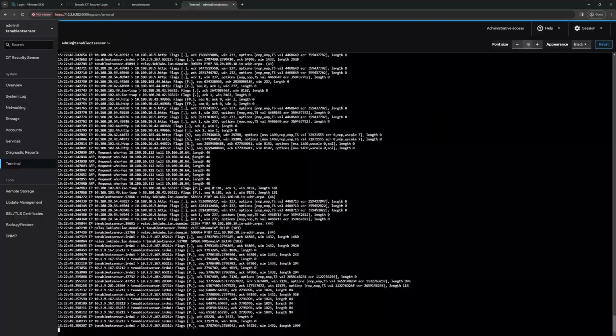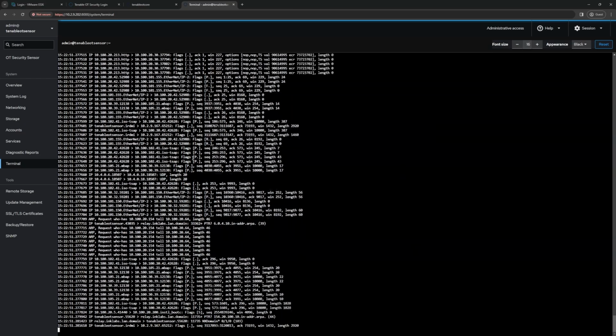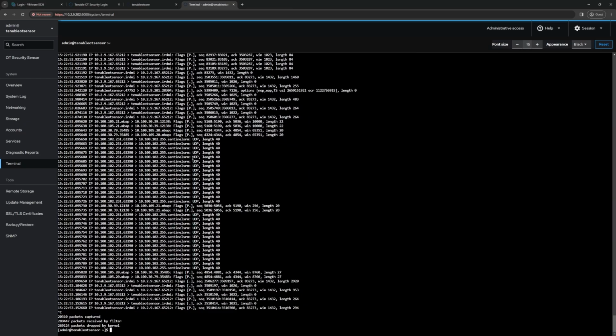Now we're seeing a lot more traffic. And I want to draw your attention to some of the traffic that we're seeing. So even though we're on a 10.2.9 network, we're starting to see traffic on 100.102, right? 100.105. So this is because now our PCAP files are starting to run, and we're putting a lot more out